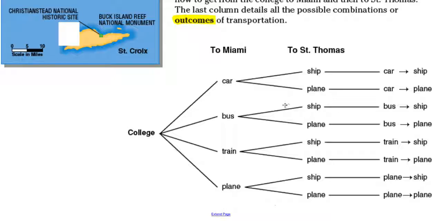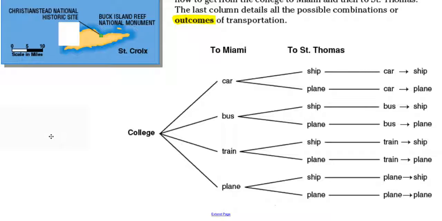if you look at this carefully, from college, they can go car to Miami and then ship to St. Thomas. You have car-ship as an outcome. Or travel by car to Miami and travel by plane, car-plane as an outcome. Travel by bus to Miami and ship to St. Thomas, bus-ship, and so on and so forth all the way down the line. So if you notice, there are 1, 2, 3, 4, 5, 6, 7, 8 possible outcomes